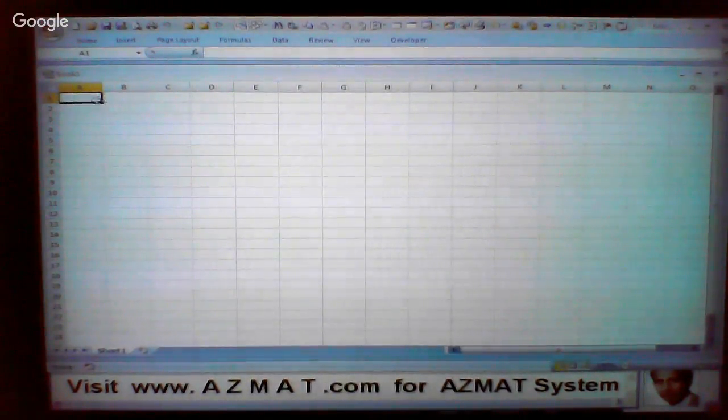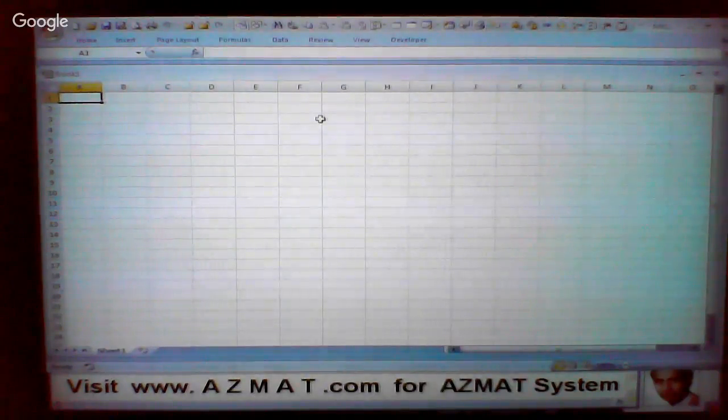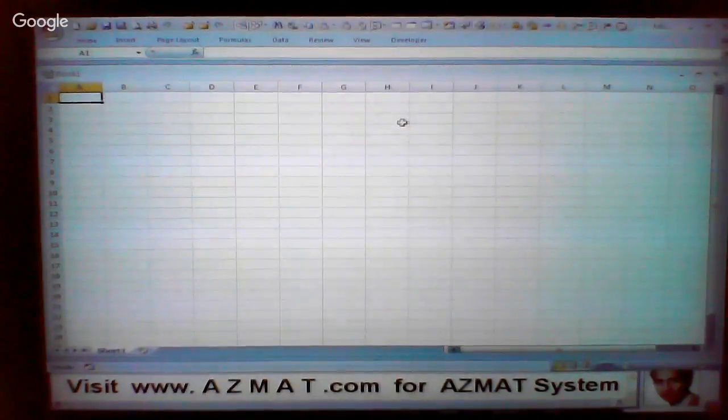Notice that the column headings are ABCDs. I prefer to use numbers, and when we start the AZMAT system in Excel, it automatically changes that, and you will also be able to do that. One of the commands is to change from ABCD column headings to numbers and vice versa. So let's begin by opening the